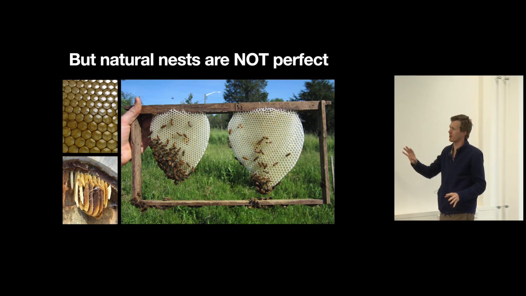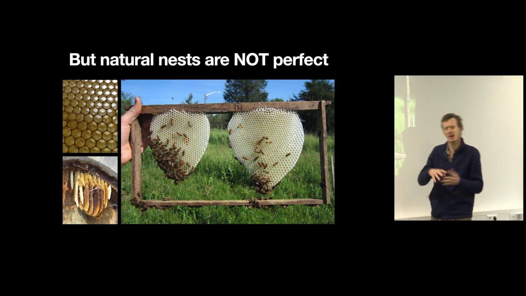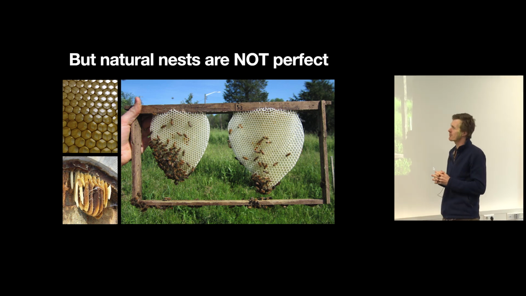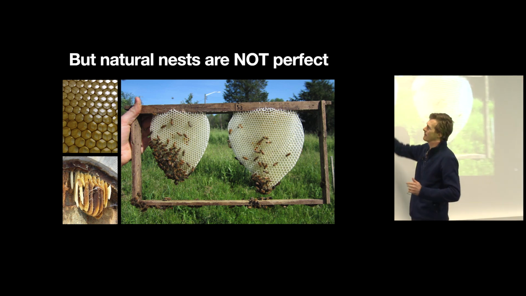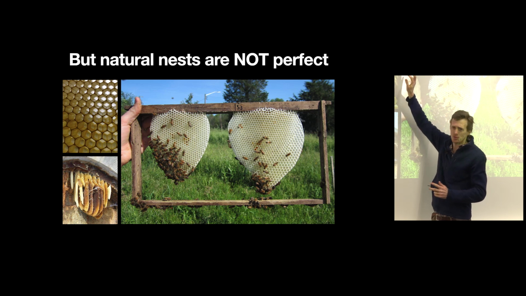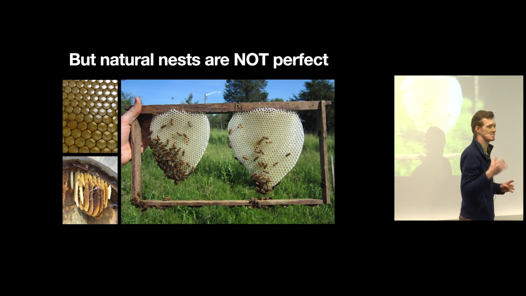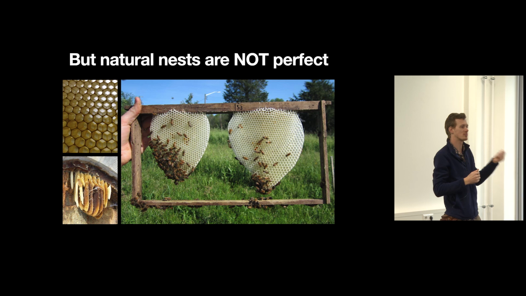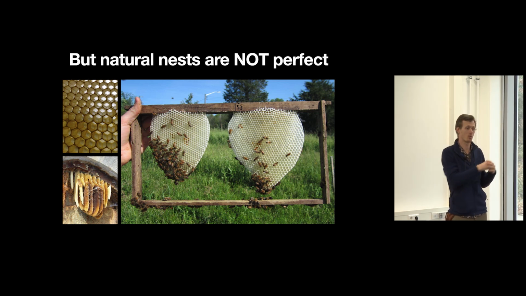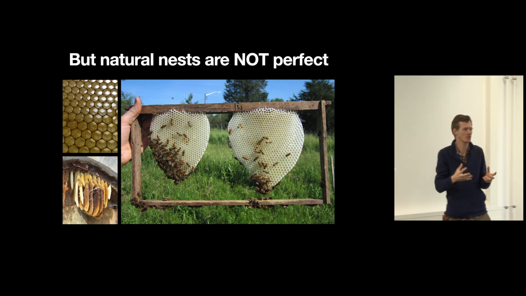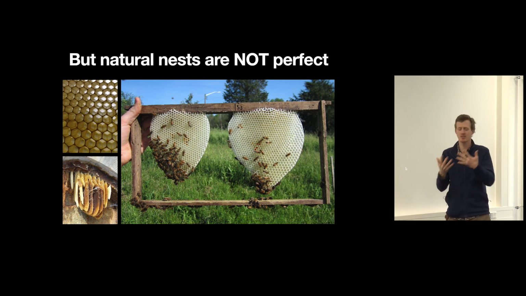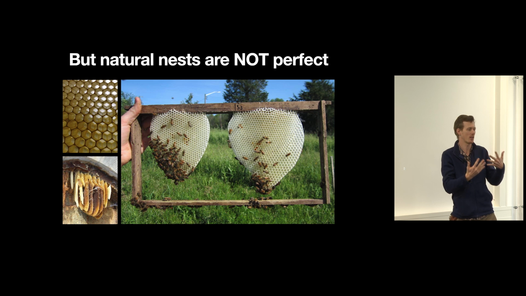And their nests are not perfect for two reasons. Well, I don't want to say they're imperfect, but there are two things that bees have to overcome. The first is that they build two different sizes of hexagons in a single sheet of comb. They build small worker cells for building worker bees, and they build larger hexagons for drones, the male reproductives. But that's two different sizes of hexagons in a single lattice. So that is an architectural challenge for them.